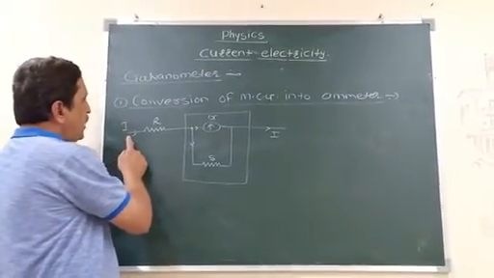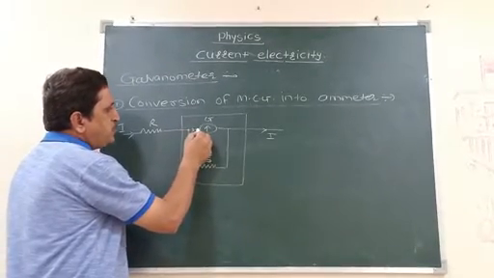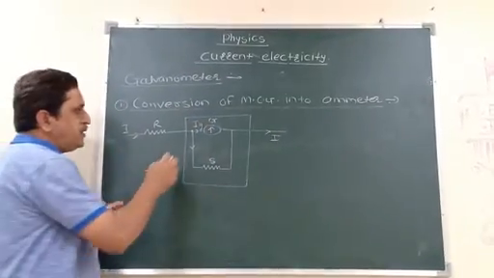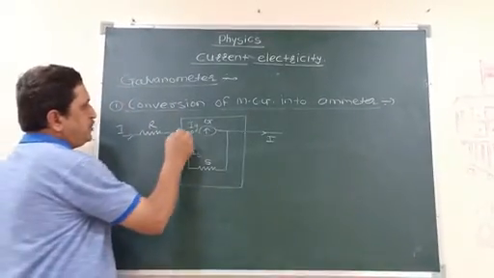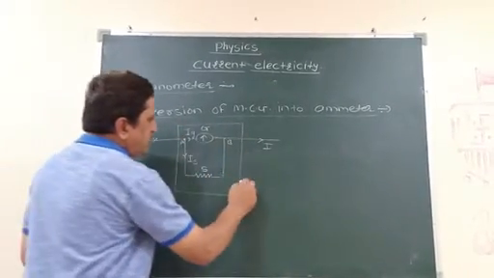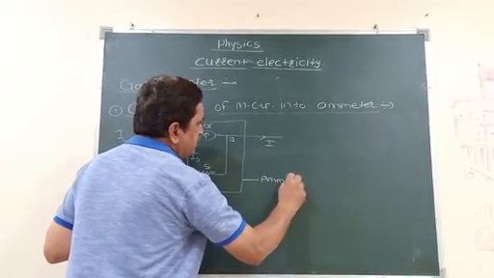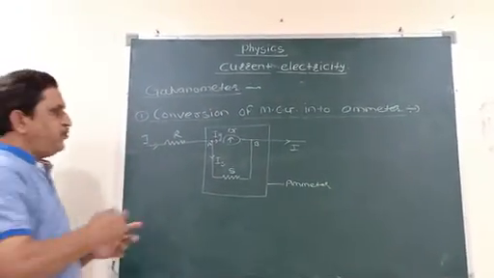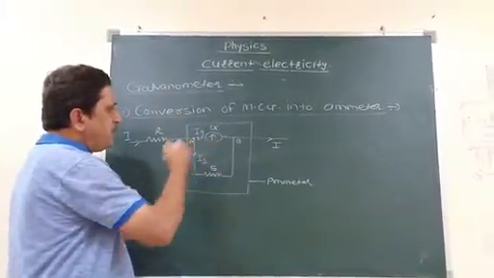Now suppose capital I is the total current flowing through the circuit. Now at this junction point, some current flows through the galvanometer. Suppose that current is represented by the letter Ig, and the current flowing through the shunt resistor is represented by the letter Is. Now suppose this point is A, and this one is point B. Now this circuit diagram in this block is known as the circuit diagram for an ammeter. Now from this figure, we can easily obtain the value of the shunt resistance that should be connected with the galvanometer. Then we can convert it into an ammeter.